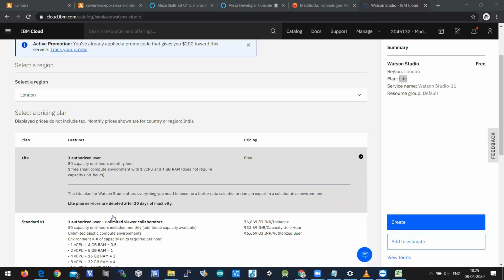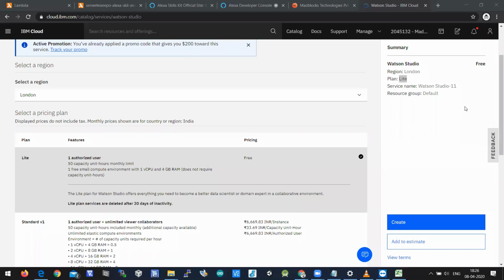And this is free. This light plan service will be deleted if there is any inactivity for 30 continuous days, then this service will be deleted automatically. So this is the light plan.